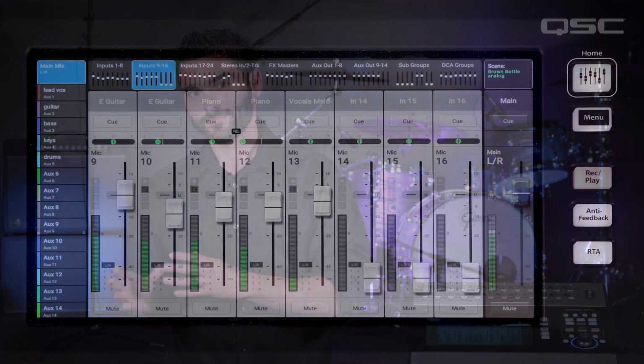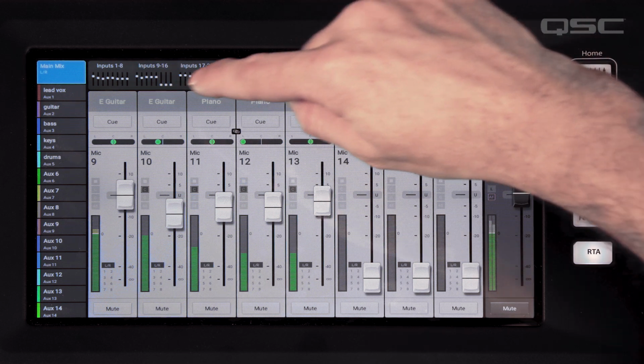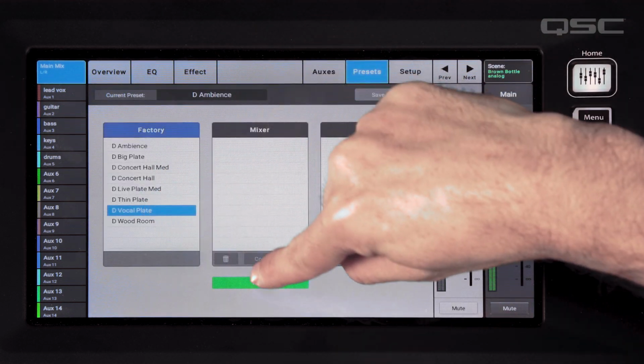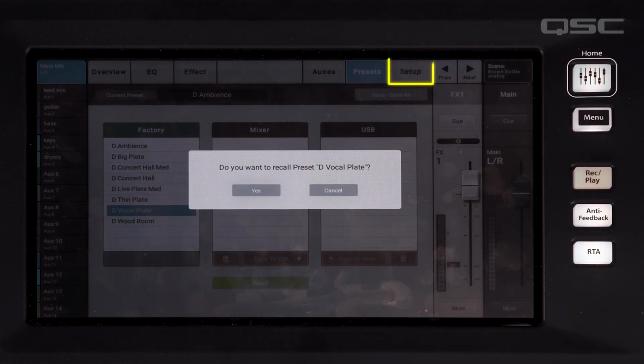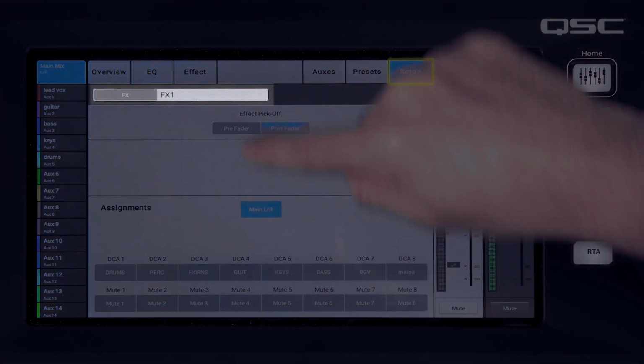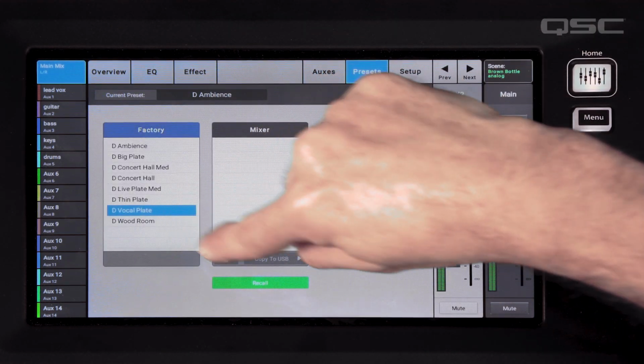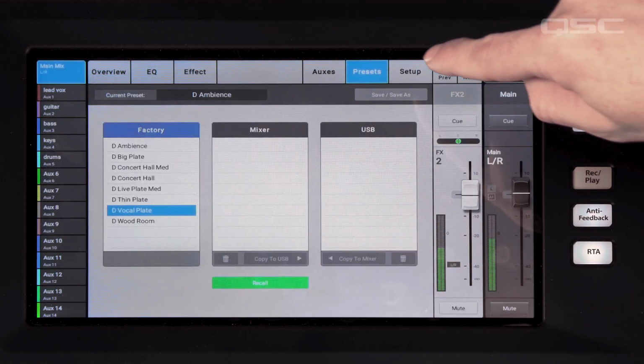To get around this, we're going to use separate effects processors for the vocals and the snare drum. Start by going to Effects 1 and calling up a reverb preset for drums. You could even name it to keep track of what's going on. Go to the Setup tab and press the Name field. I'll name mine Drum Rev. Now go to Effects 2 and load the reverb you want for your demanding vocalist. I'll name this one Vocal Rev.